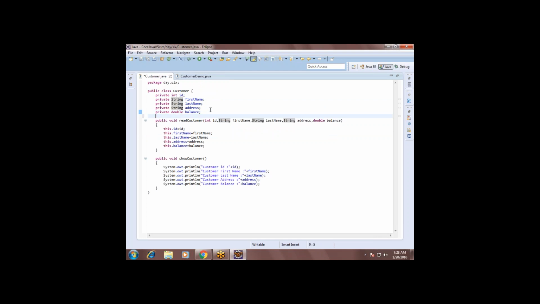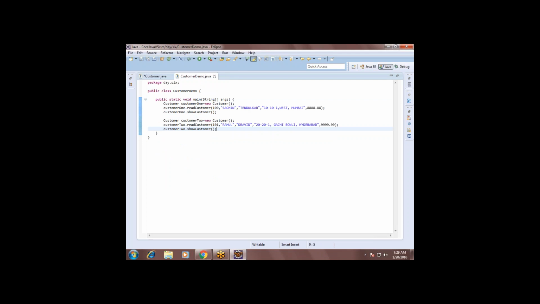See, guys, what we are doing. In this case, I am creating an object and I am calling the read method to initialize the object, right? In one line, I am creating the object, and in another line, I am calling the read method. Two lines of code I am taking to create one object with the values, right? Yeah. That I can reduce into one line.